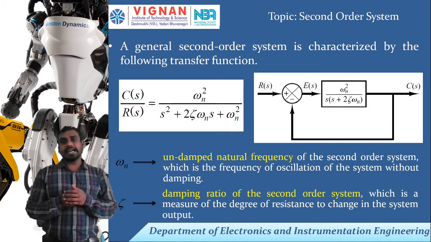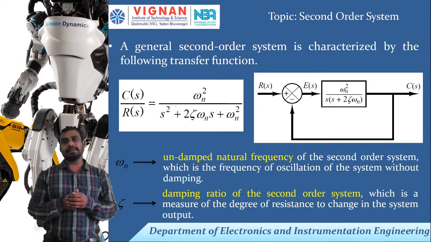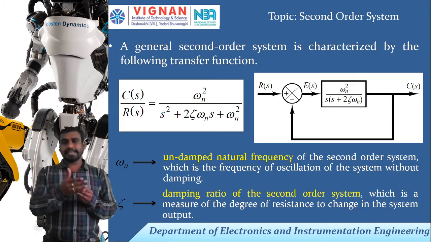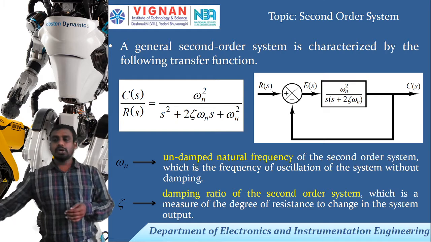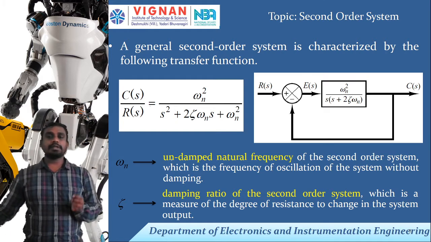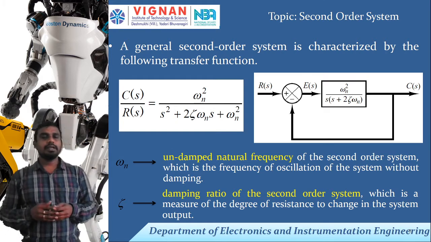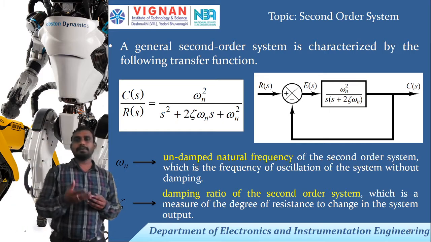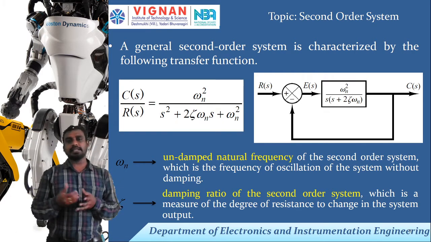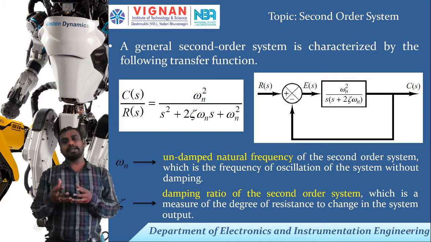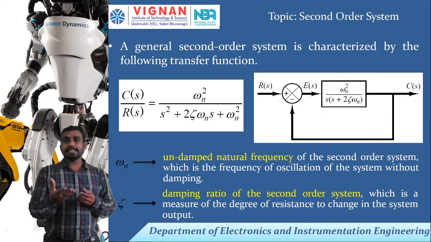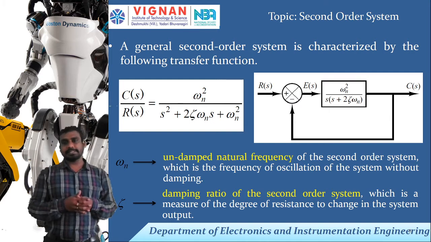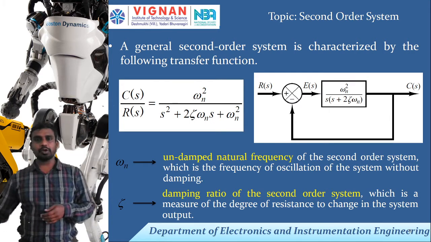We also gave the standard inputs to the second order system and derived the expression for different inputs, right? In this class we are going to discuss what time domain specification is. As we mentioned, the chapter deals with time domain analysis. So whatever system responses we are getting are analyzed using time domain specifications, right? We'll get into the topic.